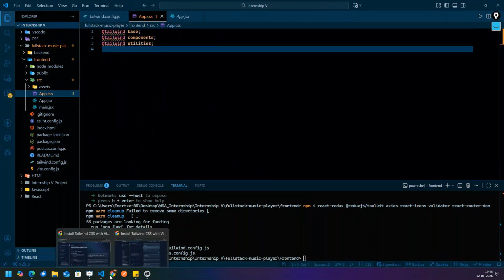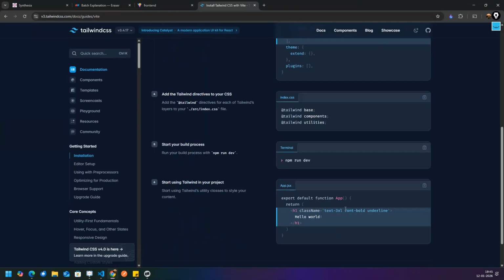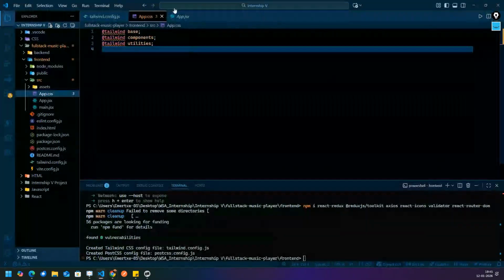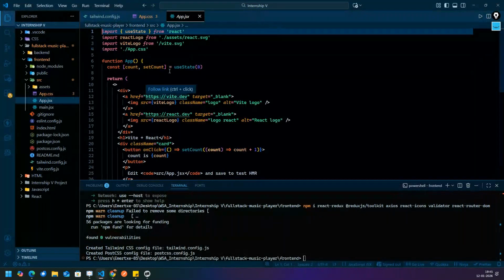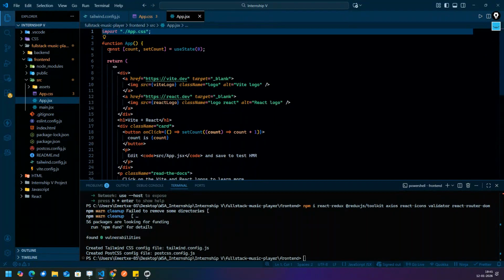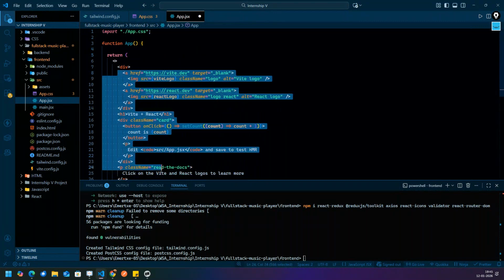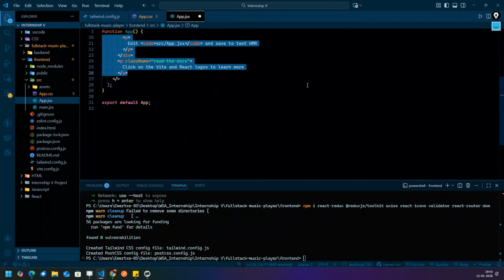Then the next step is npm run dev, and you can check whether it is working or not. So in App.jsx, I will remove these things: the React logo, useState and everything. Only app.css will be there.